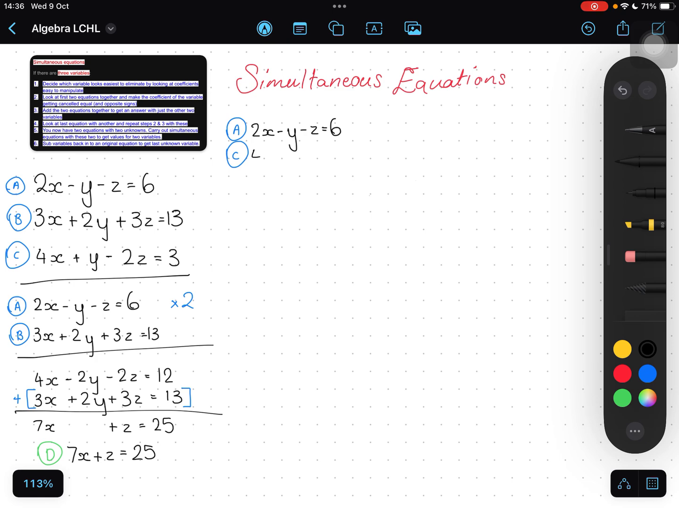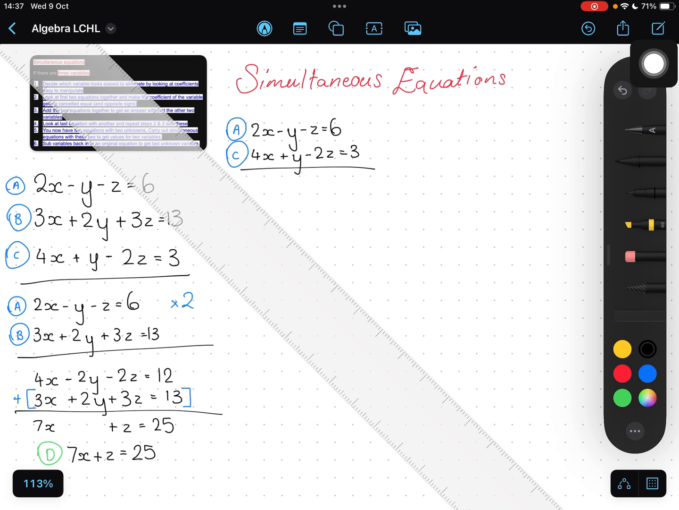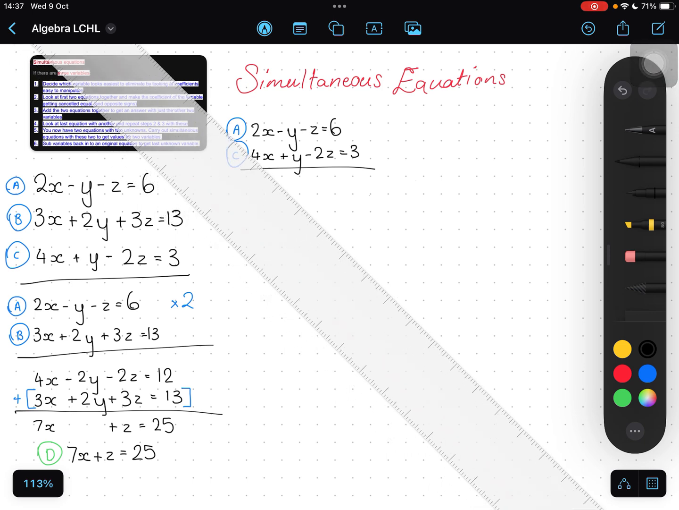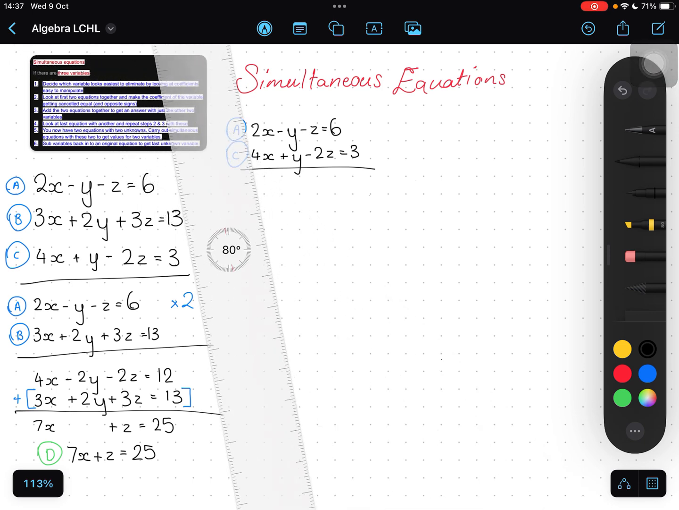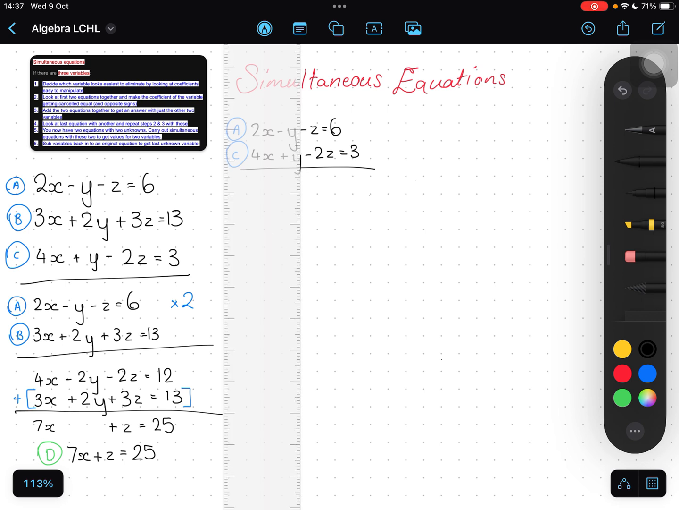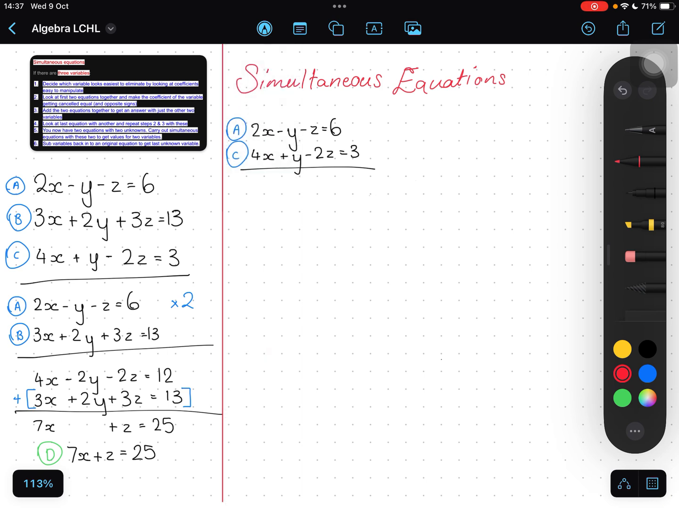Okay, so we have 4x plus y minus 2z is equal to 3. So to get rid of the y's, I just need to add the two lines together. Okay, so I'm going to just quickly, very quickly, line up my page so that we can see that I've moved on to a new step. Okay, so I'm going to add the two lines together